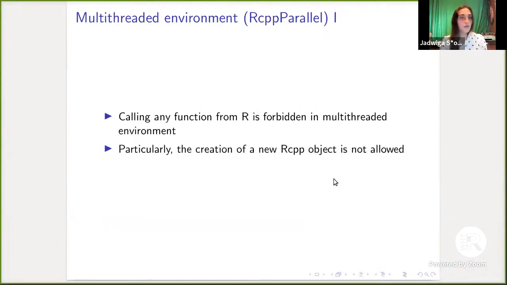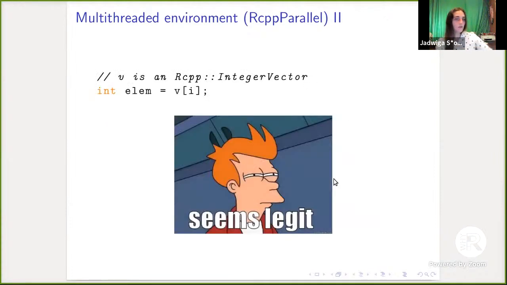Let's move on to the multi-threaded environment. RCPP parallel allows for multi-threading, despite the fact that R is not multi-threaded. Because of that, calling any function from R is forbidden in a multi-threaded environment. In particular, we can't create any RCPP object. But what about this one?